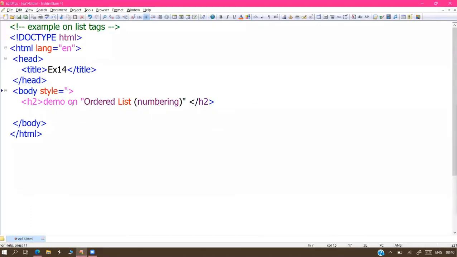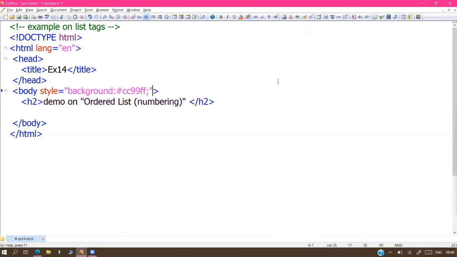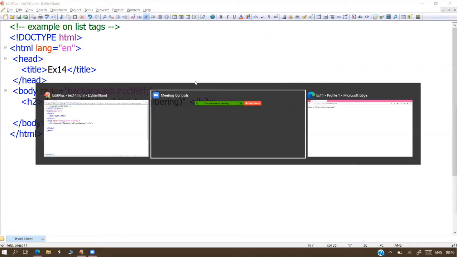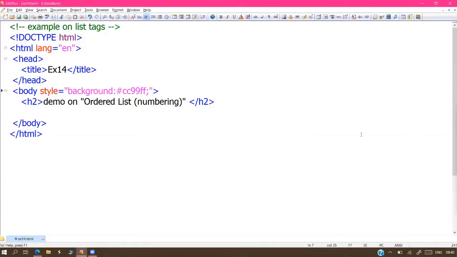For that also we have to apply the same background property. So select whichever color you require, and now the total screen color is changing. Can we also use BG color, sir? Don't use BG color here. Use the background color only. Okay.